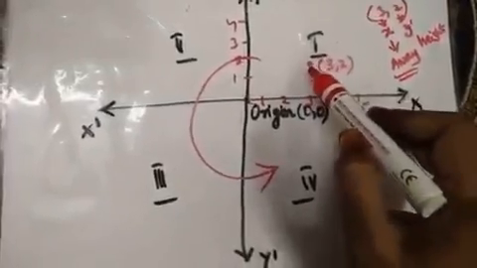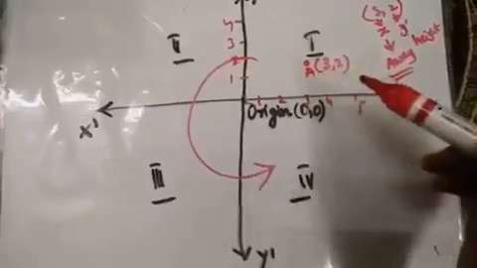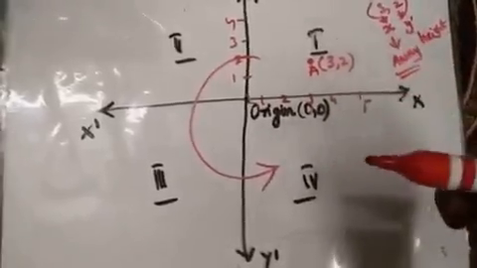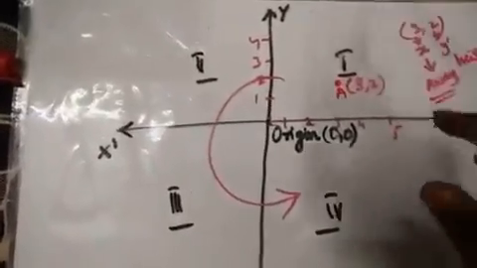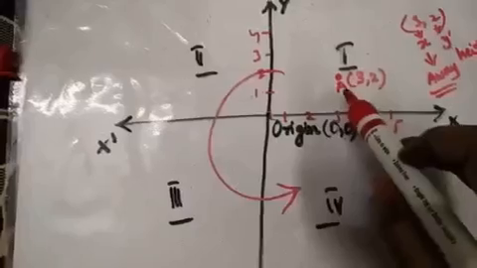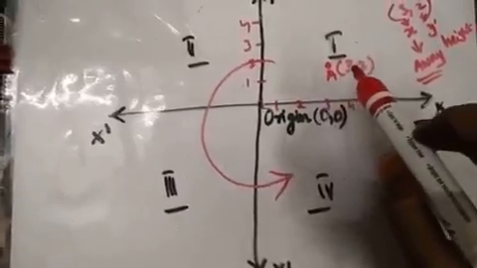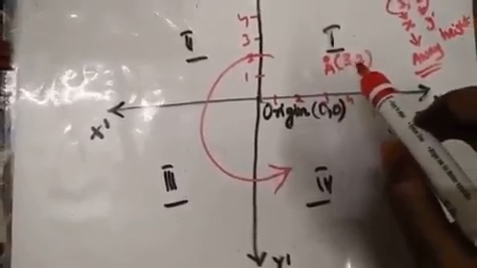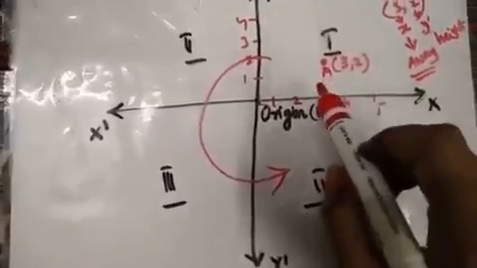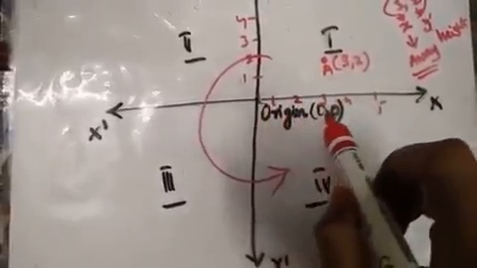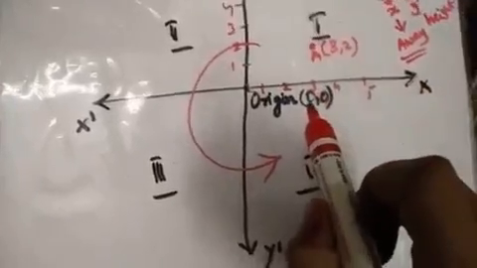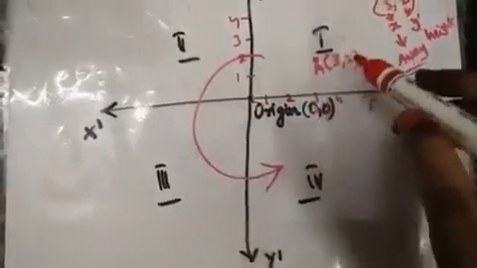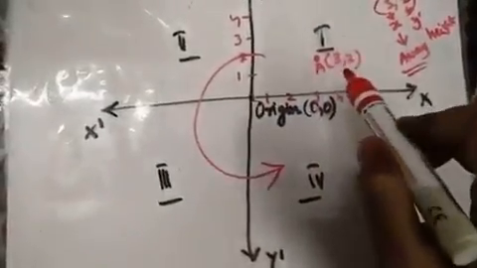For example, when you give a point, you can give any name A, B, C, but always try to use capital letters. It is the best practice. It is a correct practice. Okay? So I am locating this point A on this plane and describing its position when I write 3, 2. It means that this point A is 3 units away from the y-axis and 2 units away from the origin on the y-axis. Okay? Now, the first method to describe the position is this one.